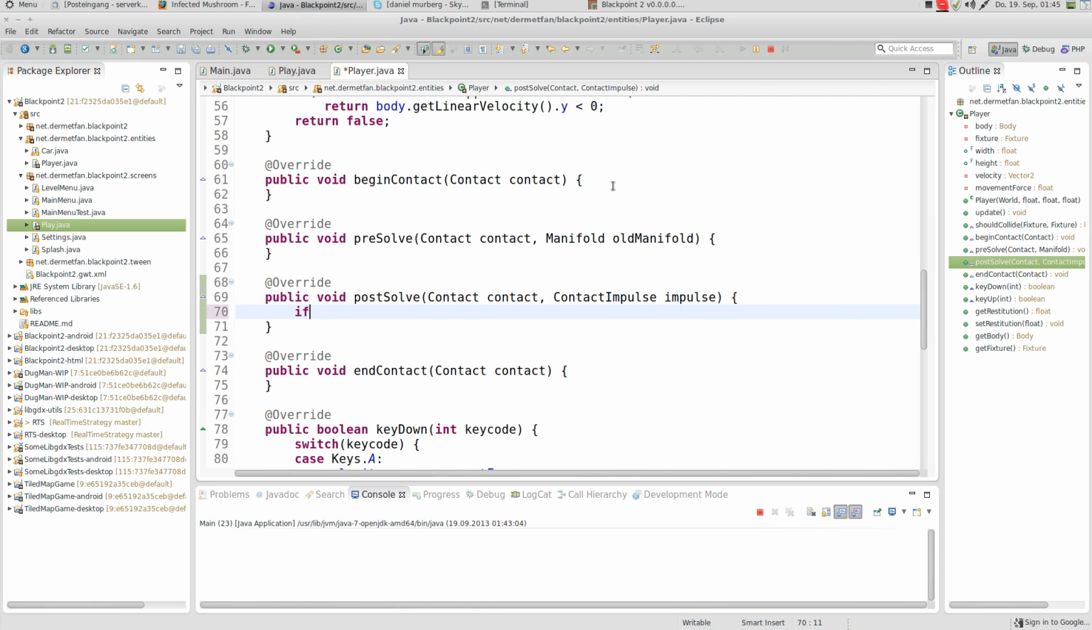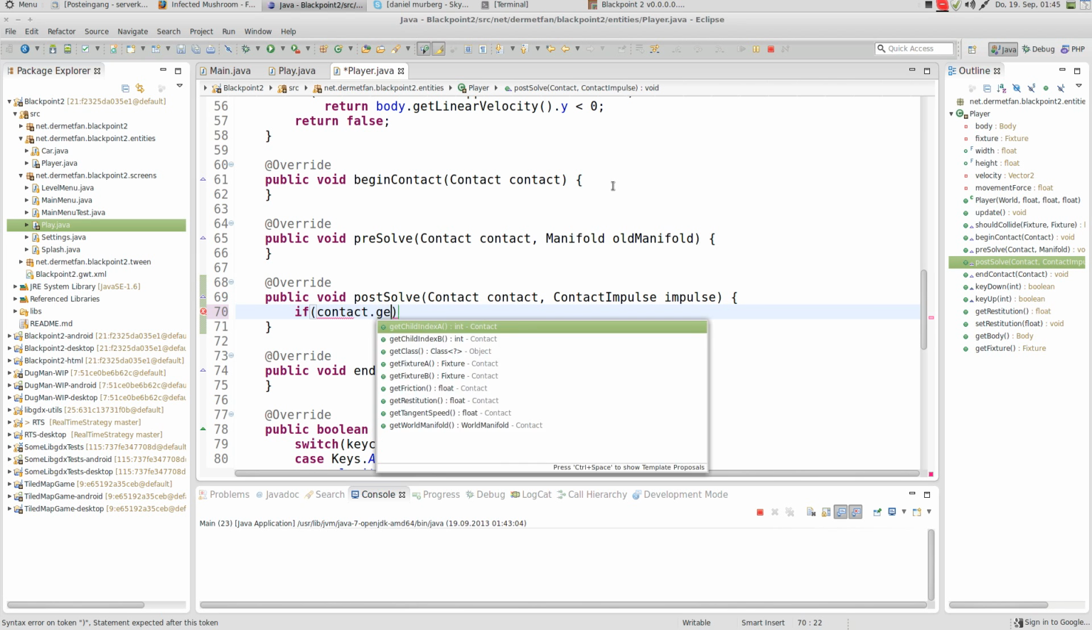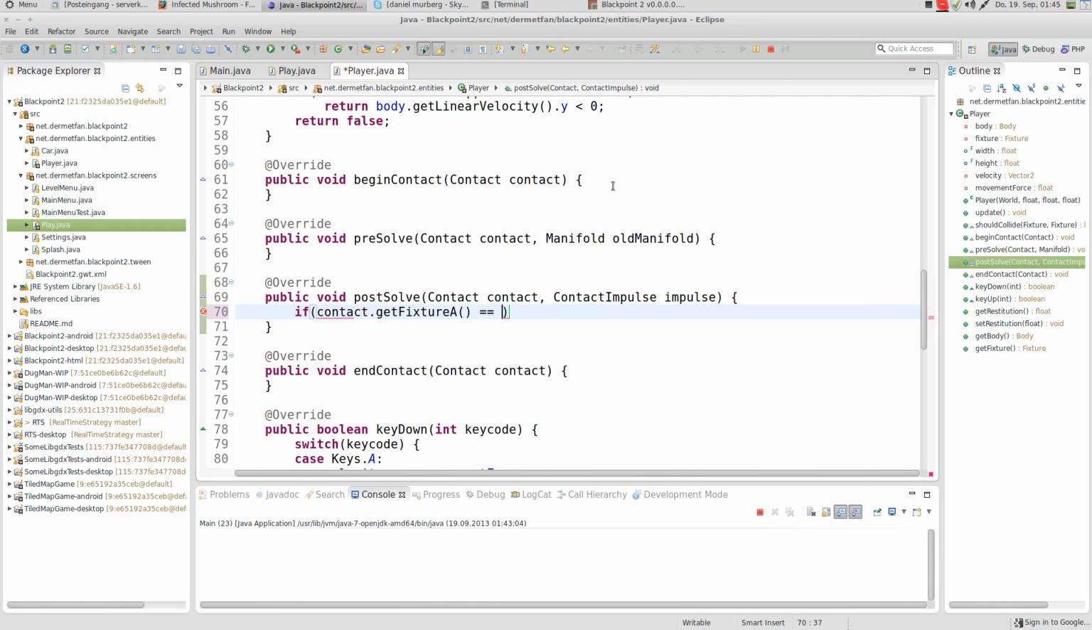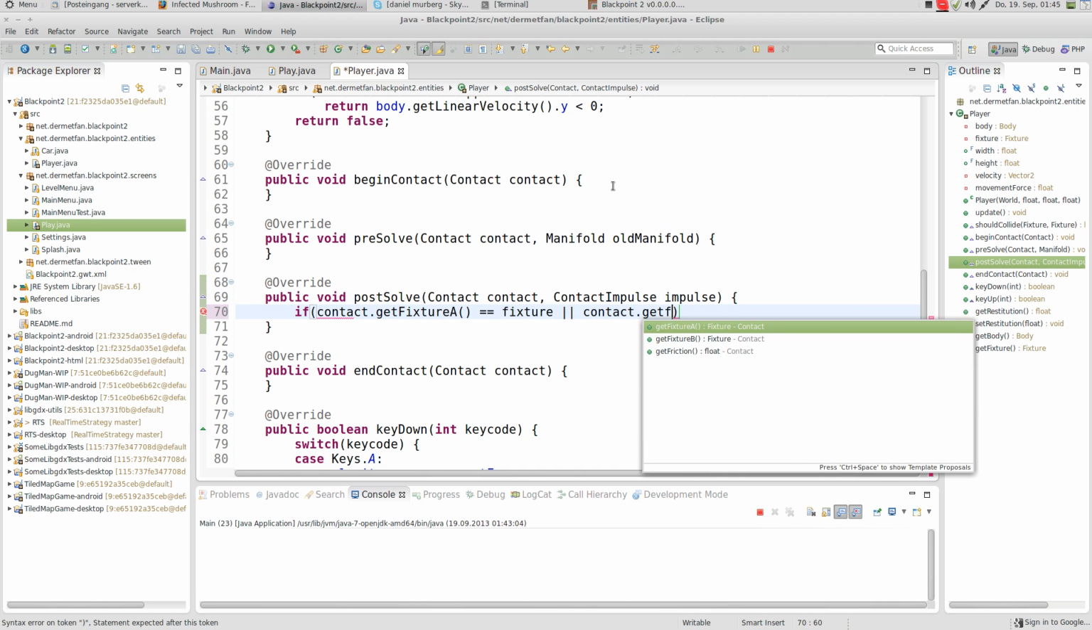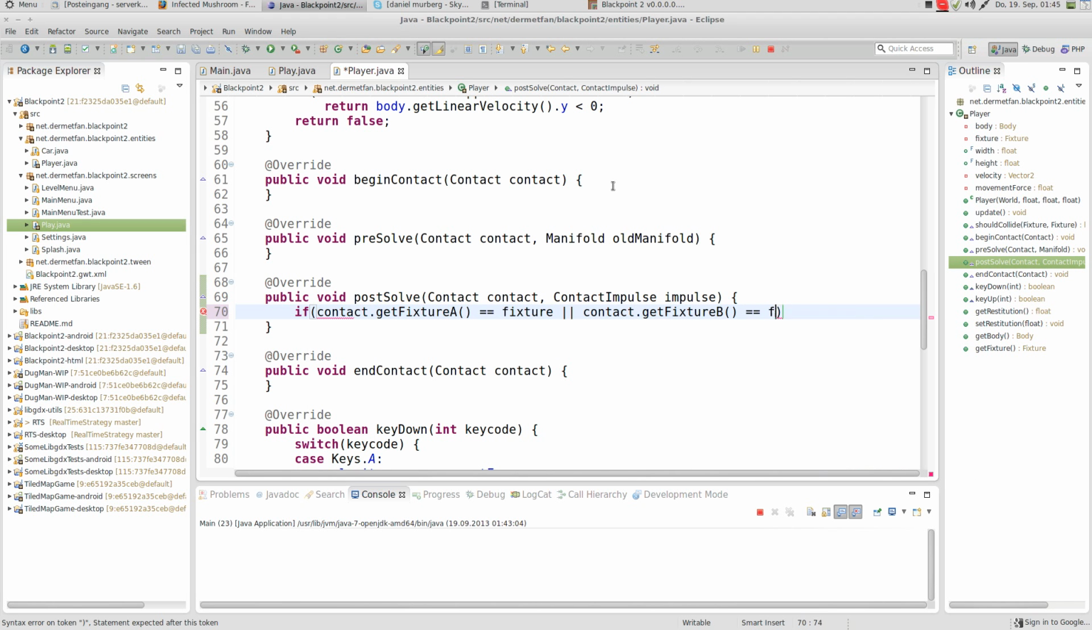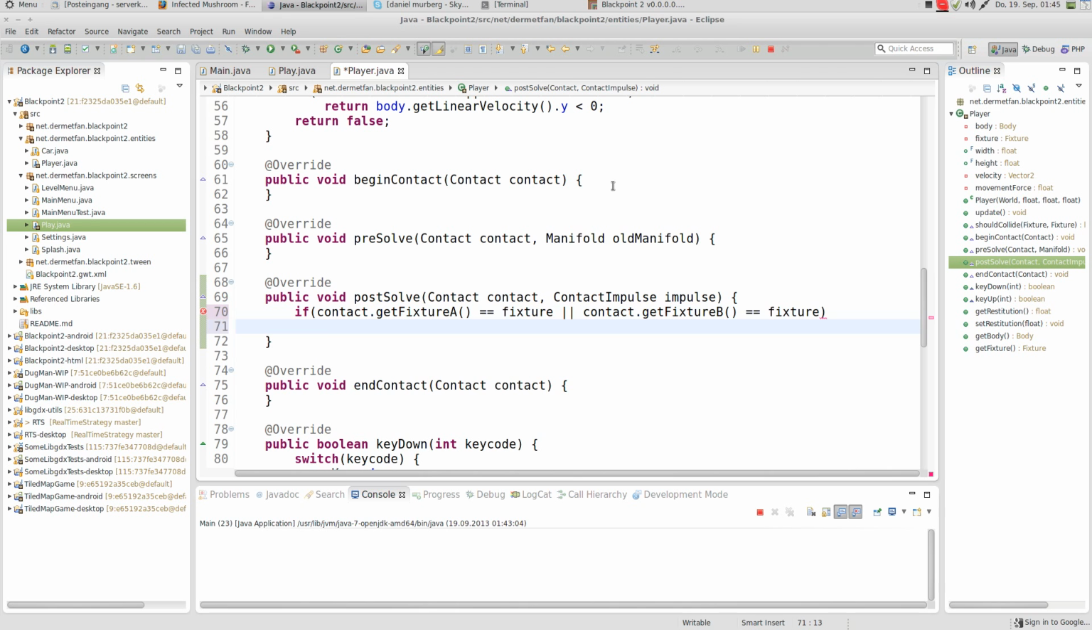Okay, so let's say, at first we have to check if this contact has anything to do with us in the first place. So contact.getFixtureA, if that equals our fixture, or it may also be fixture B, then